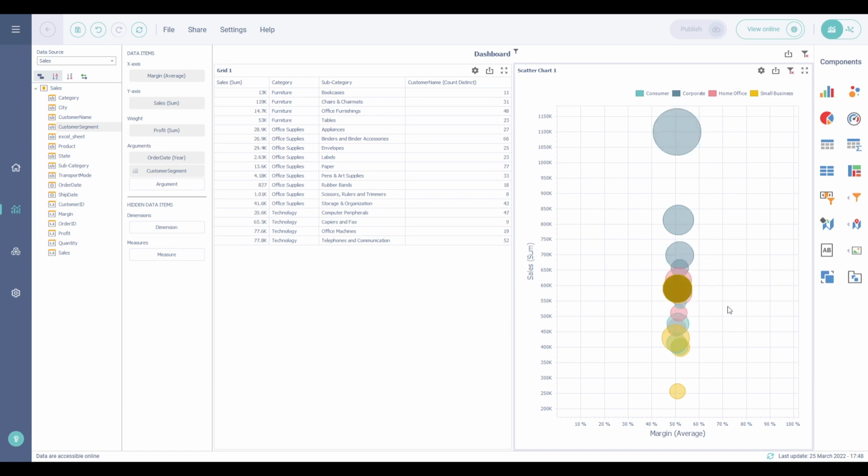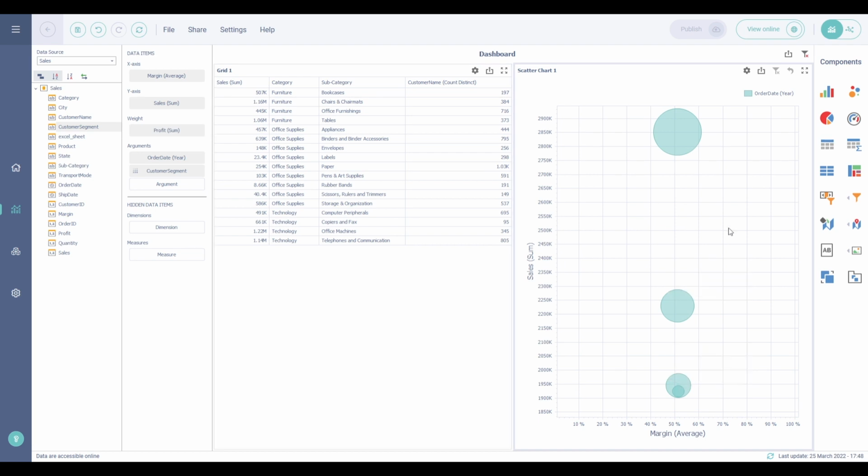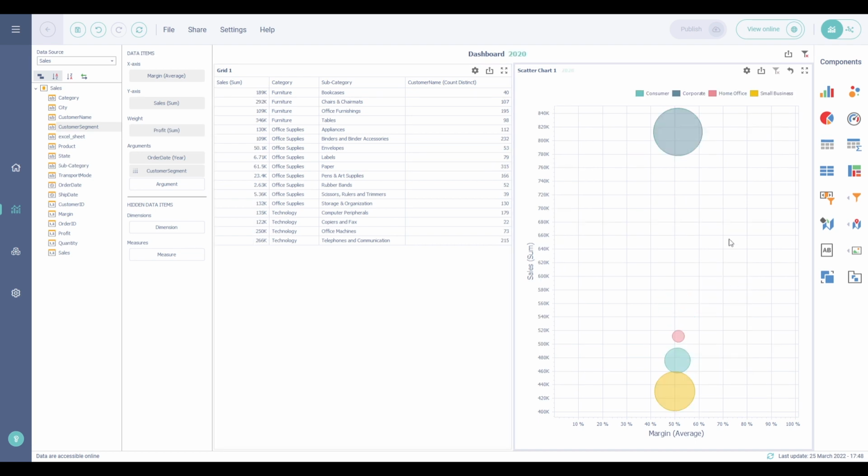We can also add a drill down option. To do this, click on the cogwheel and enable drill down. Now we have 1 point per year, and the user can zoom in on a year to see the detail